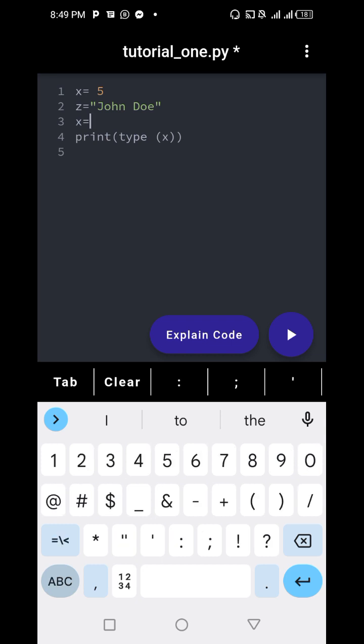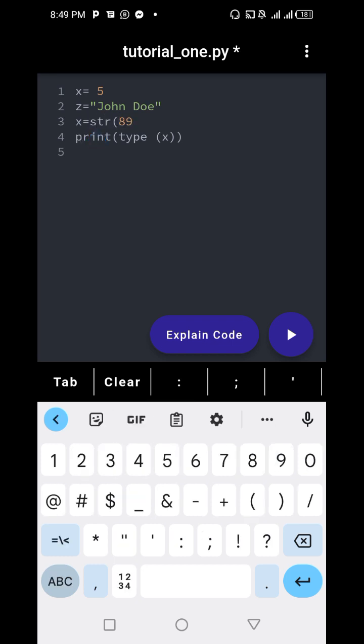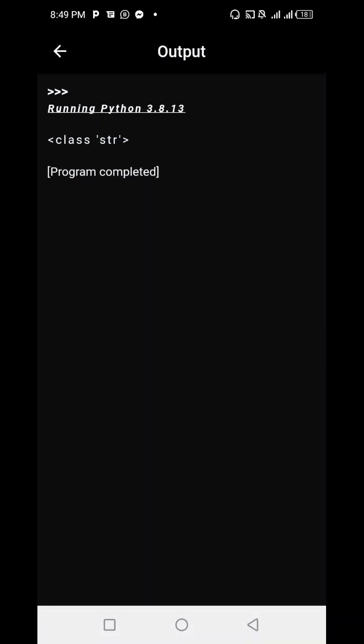Let's declare it again as 89, and we want to specify this to be a string even though it's an integer. So what do we do? We just come here and bring in str to indicate string, and enclose 89 in a parenthesis. So now if we check the type of x, we can see that